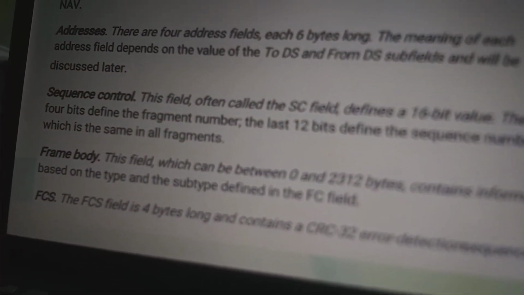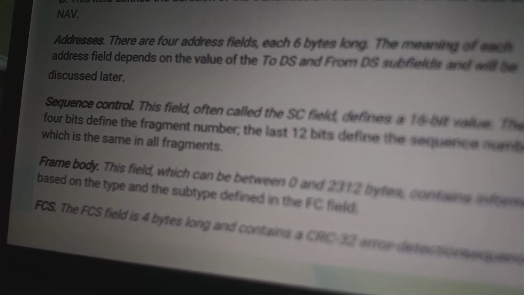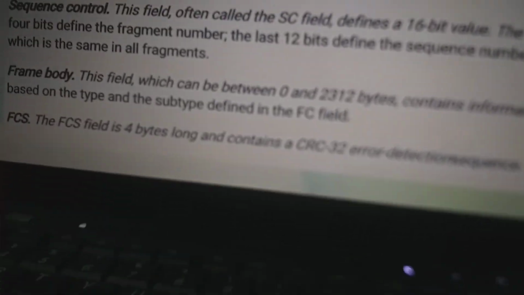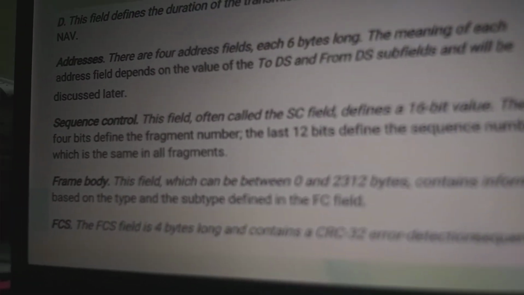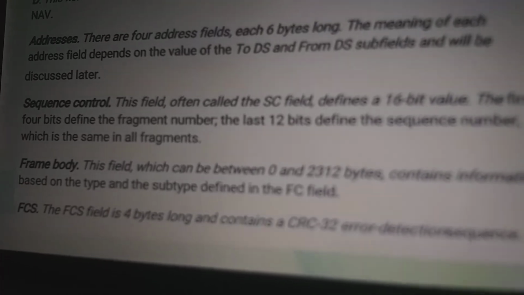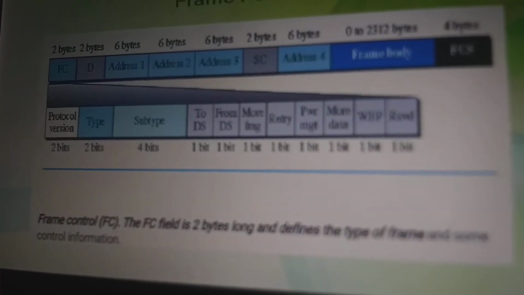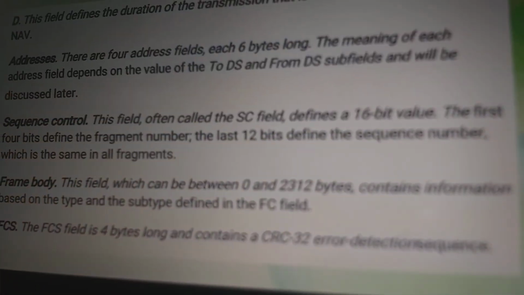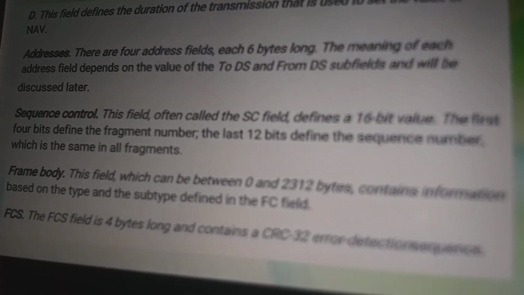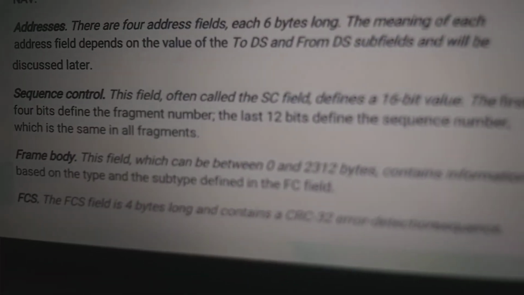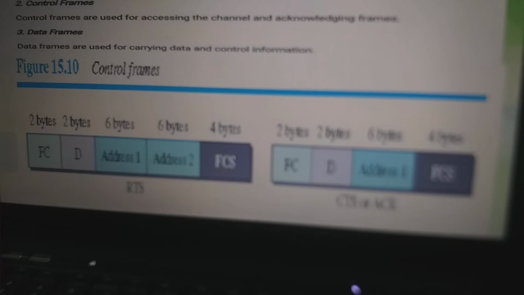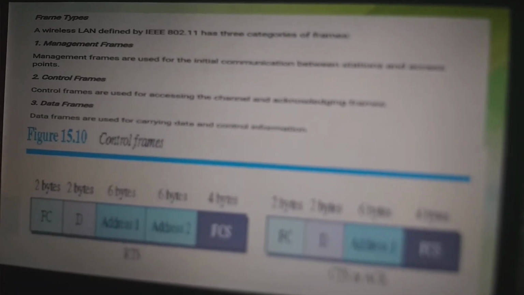This field contains information based on the type and subtype fields in the FC field. The FCS is 4 bytes long and contains a CRC, an error detection sequence.